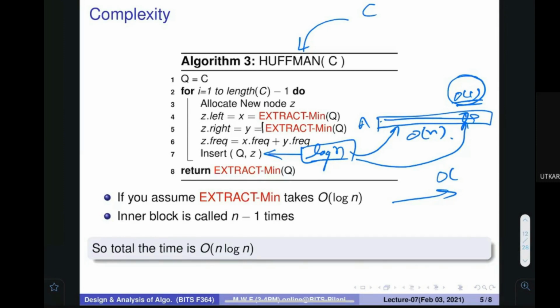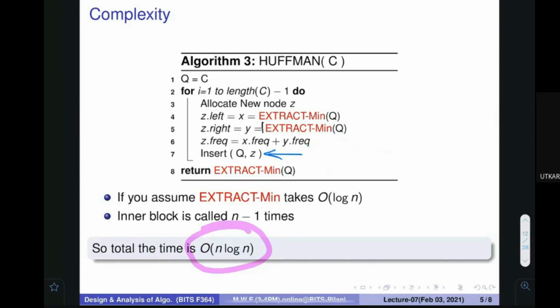There is a question: for heapifying C, should we not consider the time taken? Heapifying is going to take only log n time, so in terms of n log n, it is going to be absorbed in that. Yogya? That's an interesting thing. There are some small details that I hope you can work out and finish by yourself. So this is the important part, that it takes order of n log n time. Any more questions?